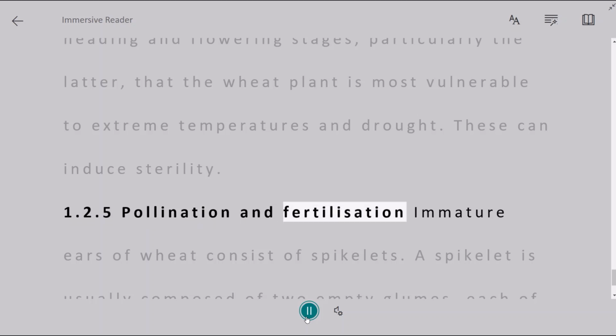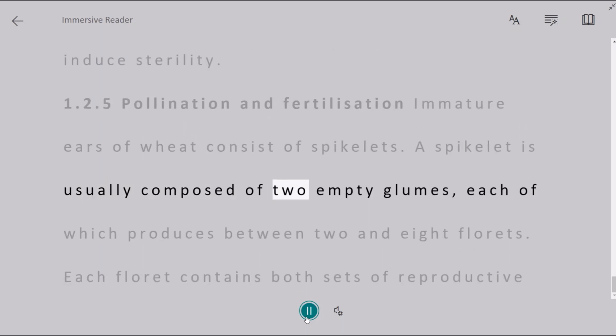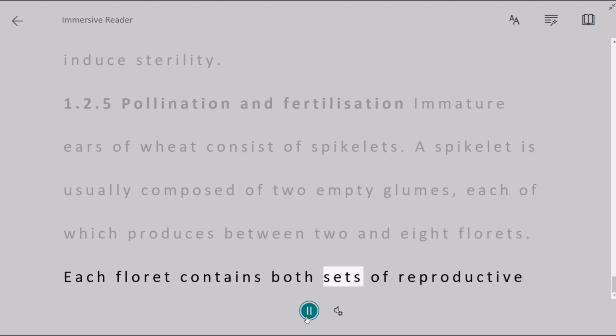1.2.5 Pollination and fertilization. Immature ears of wheat consist of spikelets. A spikelet is usually composed of 2 empty glumes, each of which produces between 2 and 8 florets. Each floret contains both sets of reproductive